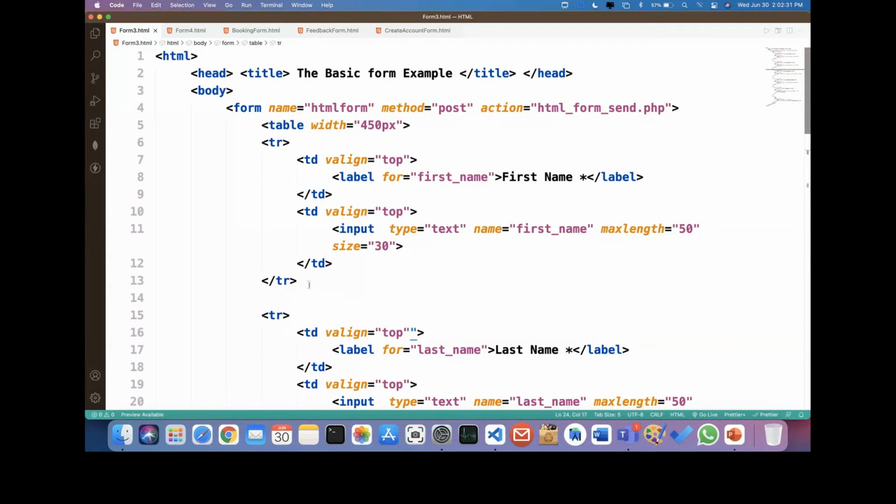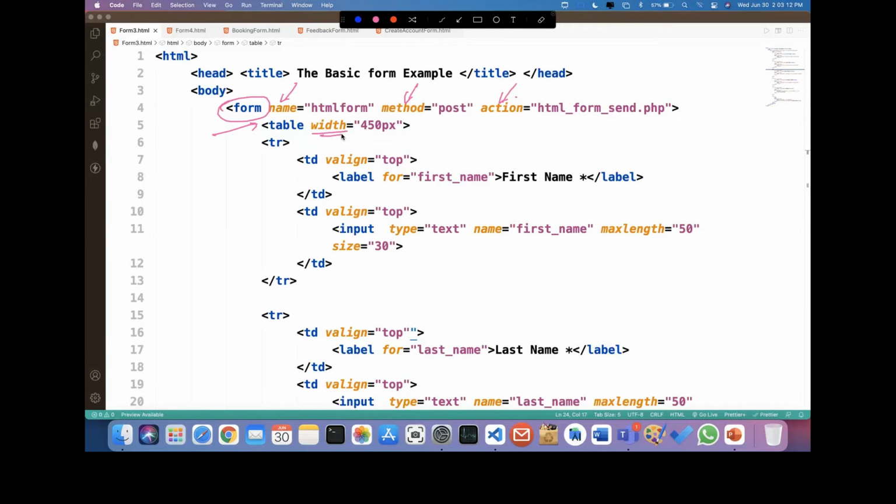Now let's see how you can design this kind of form. First of all, you just have to take the form tag. With form, the necessary attributes are the method, the action, and the name. After that, you design your controls in a table format. First of all, we require one table tag. You can define the width according to your requirements. Now you just divide it into rows and columns.